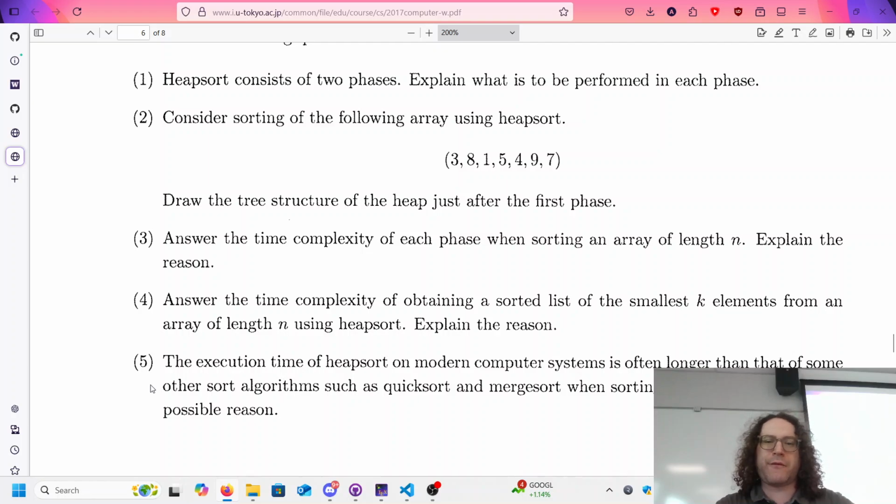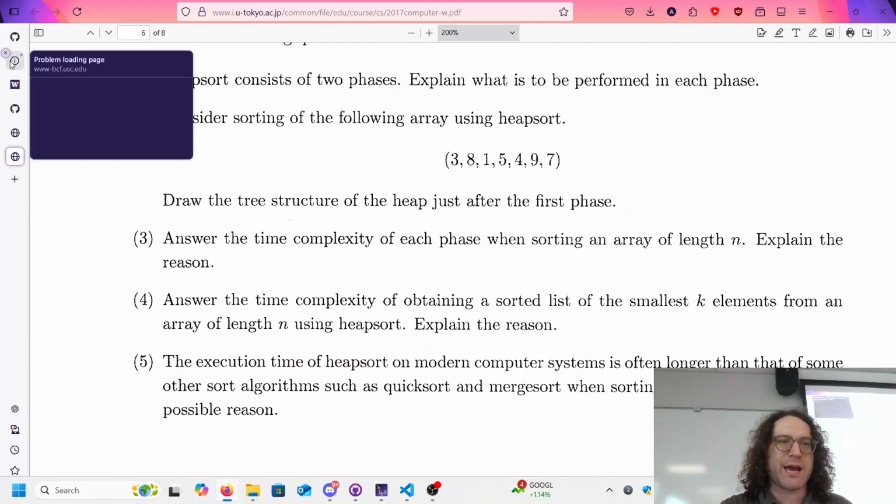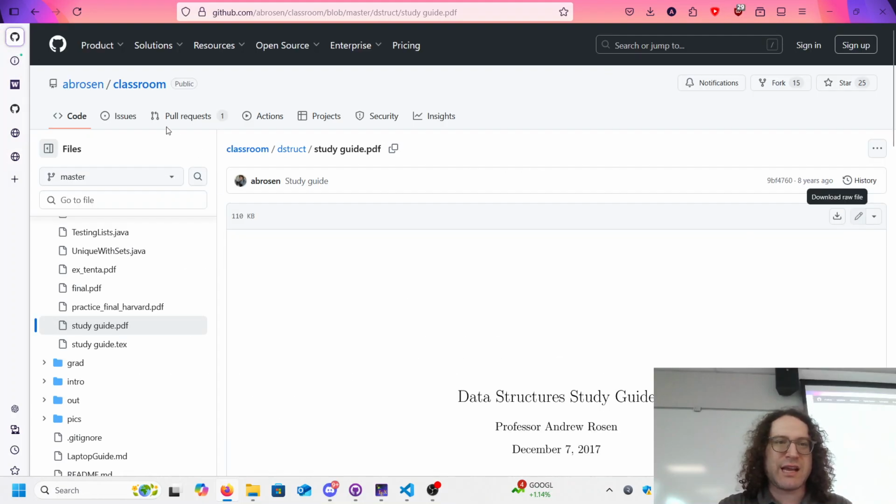And same with 5. But the point being is that you can see some of these questions you would be asked on a graduate exam, right? So you've learned quite a bit. If you're interested in the answers for this one,